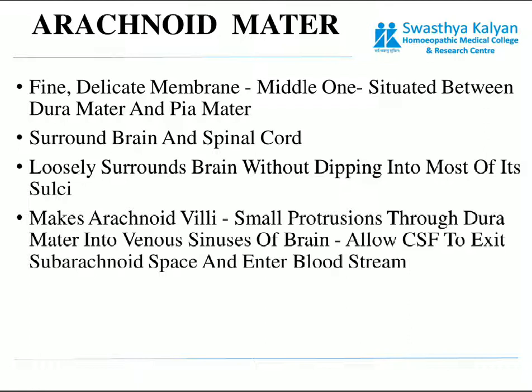This membrane is fine and delicate, and it lies in between the dura and the pia mater. It surrounds the brain as well as the spinal cord. It is not tightly adherent to the brain; it is a loose membrane, it loosely surrounds the brain, and it does not dip into each and every sulcus